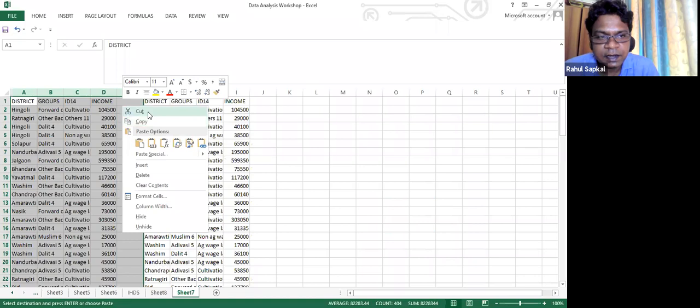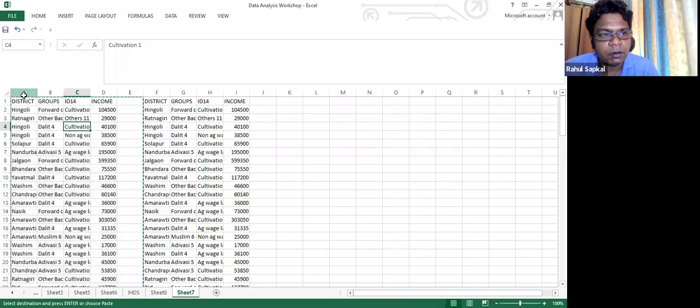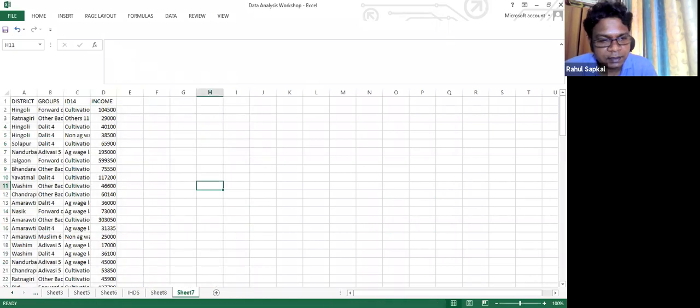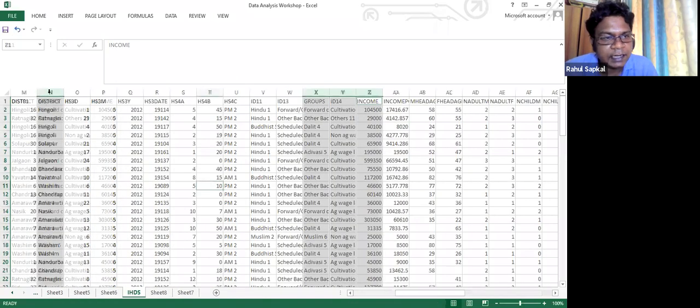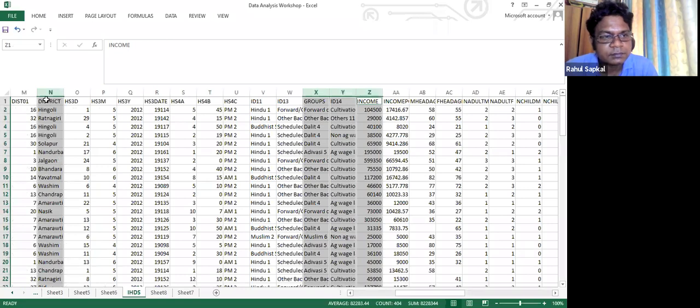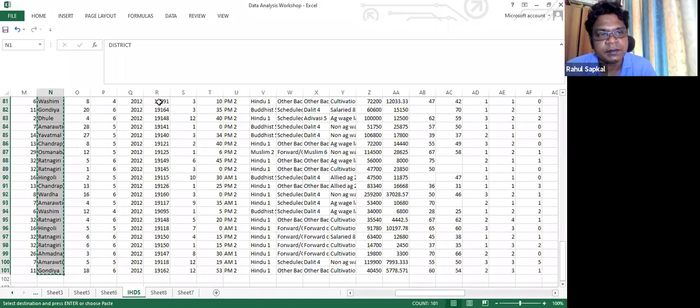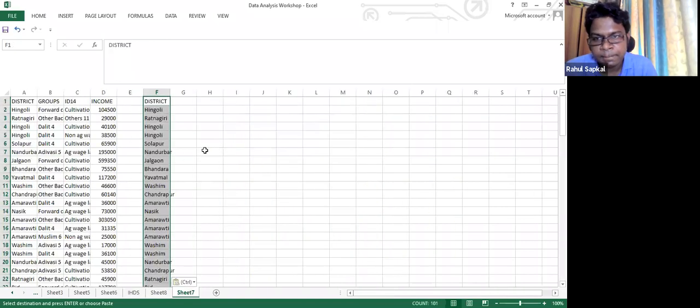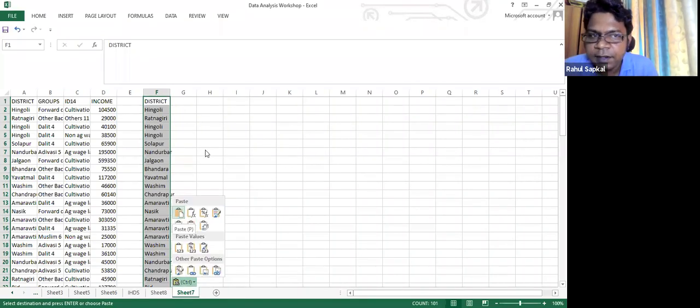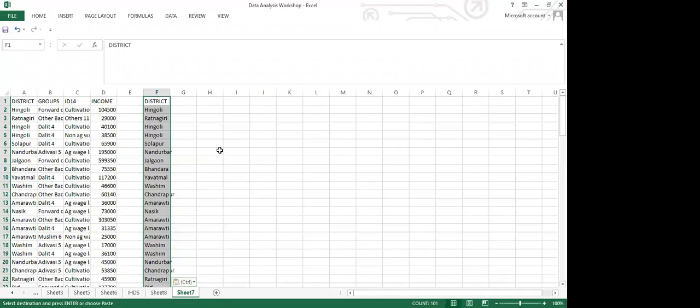Or you can do it the manual way. The manual way is that you have to take each and every row. Like for instance, I will take this entire one. Like this. I will copy it, I will go and I will paste it here. This is the manual way of doing it. Okay, can you do it the manual way? Yes, sir.